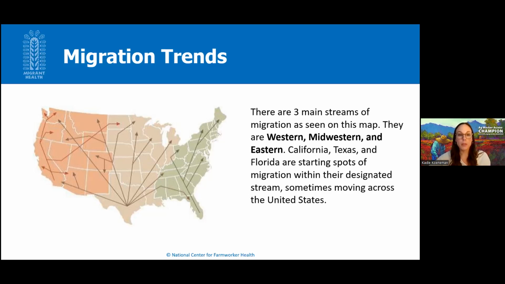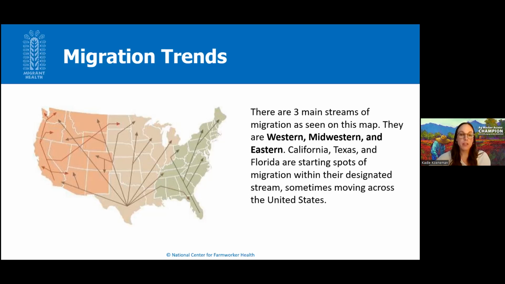There's also point-to-point mobility. These ag workers move away from home base for extended periods of time, and they often go back to the same location multiple years in a row. And often a whole family travels together. And these are our migratory agricultural workers. The number of migratory workers has decreased over the years and is now roughly 13%. One thing to note is that this NAS data does not include H-2A workers, but we know H-2A workers are all migratory and account for about 10 to 15% of the agriculture workforce nationally.